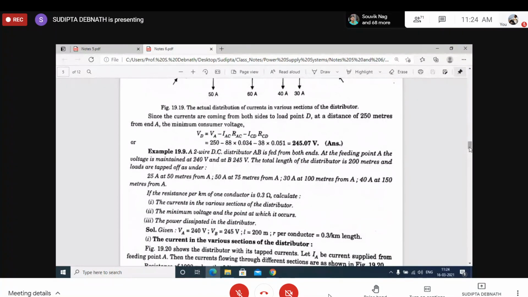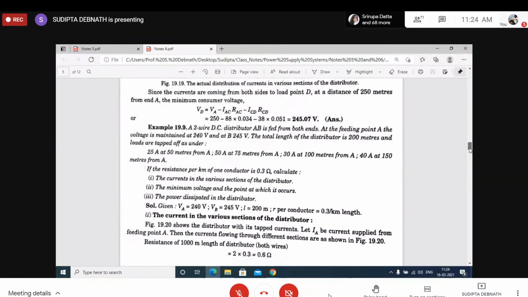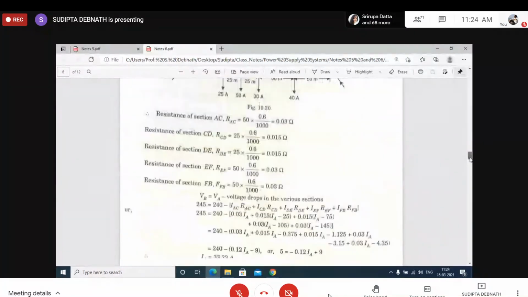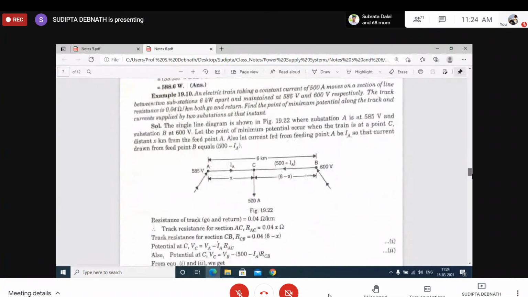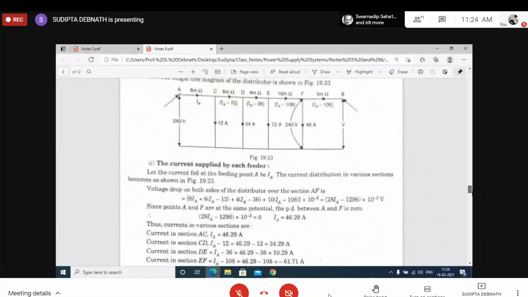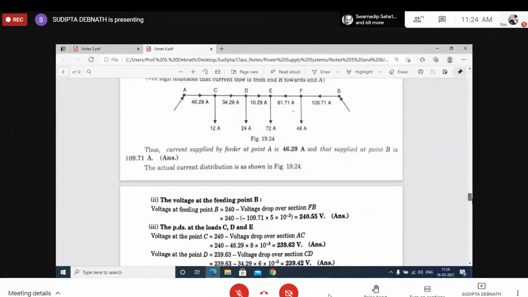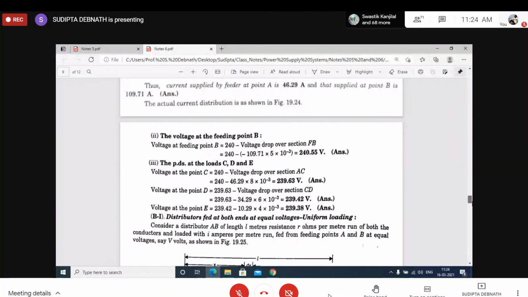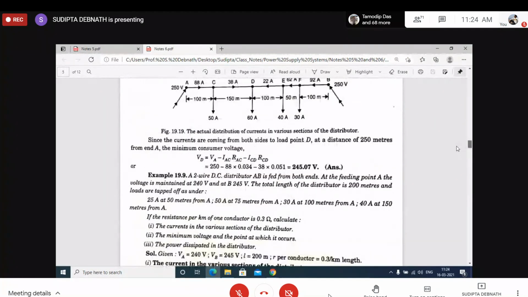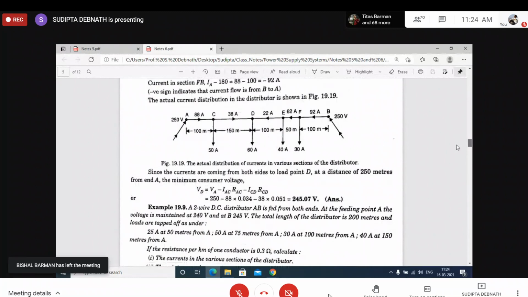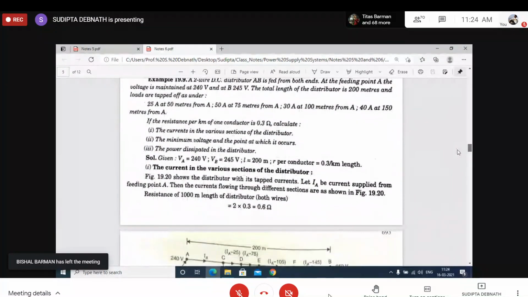Okay. Now see what's new is there in the next problem. How many problems are there? 1, 2, 3. Okay, 3 problems are there. We'll discuss all these 3 problems. We'll not discuss elaborately, we'll just see. Okay. See if anything is new there, then only we'll discuss.